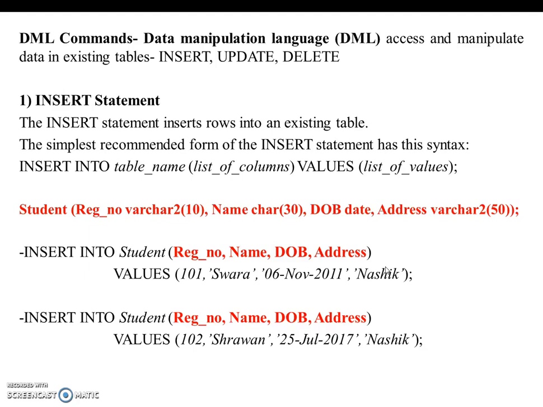What do you mean by exactly a manipulation? Manipulation is actually the task of accessing or retrieving a particular row of a table, or tuple of a table. So DDL is responsible for performing modifications with respect to columns of a table, but DML is responsible for performing the task of modification with reference to a tuple or a row of a table. So that is the big difference between a DDL statement and a DML statement.